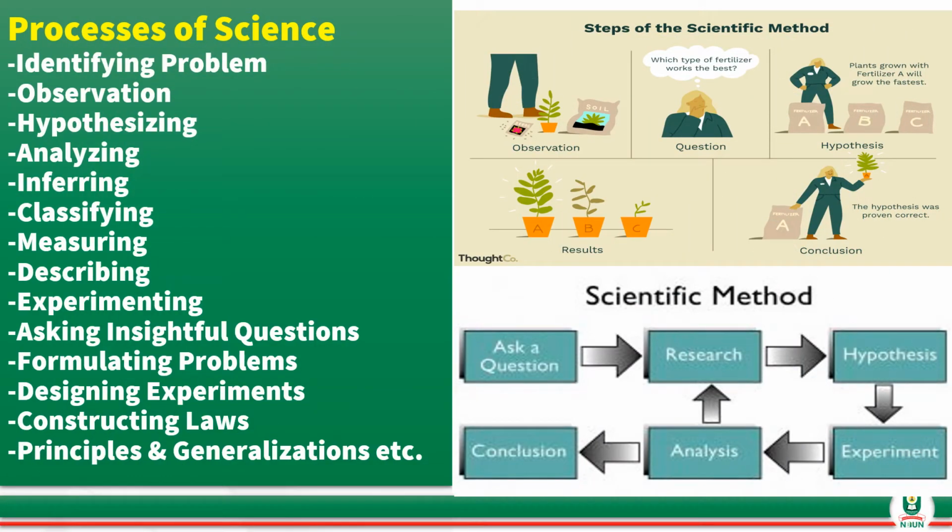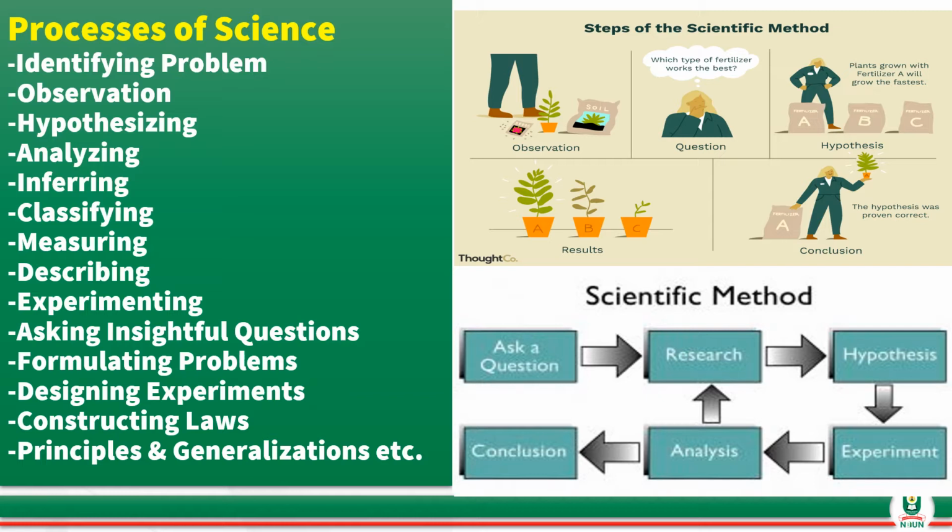Processes of science. What do you mean by processes of science? Processes of science are basically the methods and skills that scientists employ in their work. Processes of science are the scientific activities that scientists engage in. And you can see the long list: